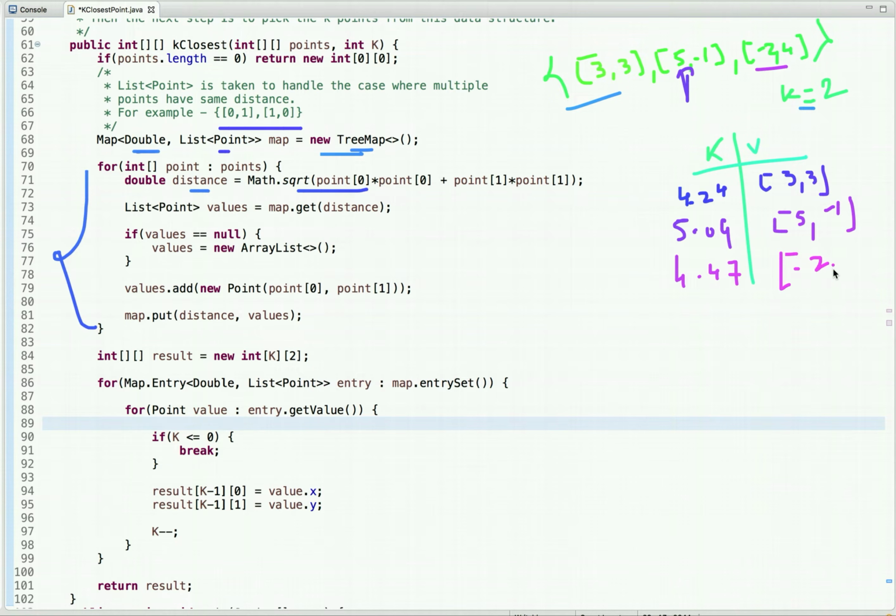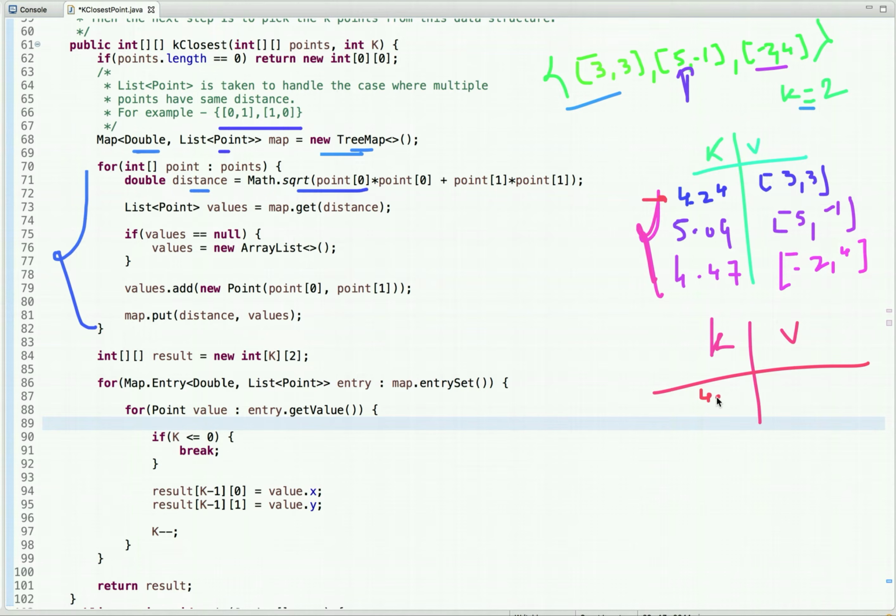Now, but you see here the keys are not sorted in ascending order, or you can say the natural ordering. So here I put the keys in this fashion, but originally it will be arranged like this. So the first smallest entry is 4.24.